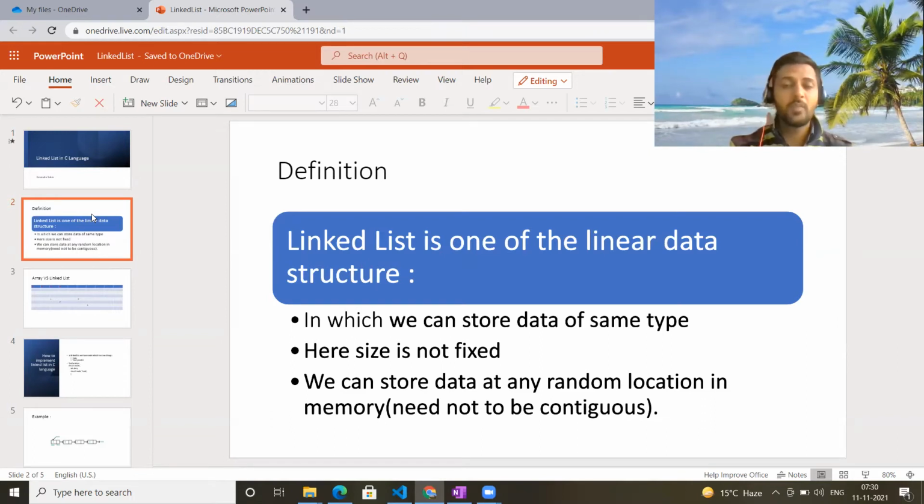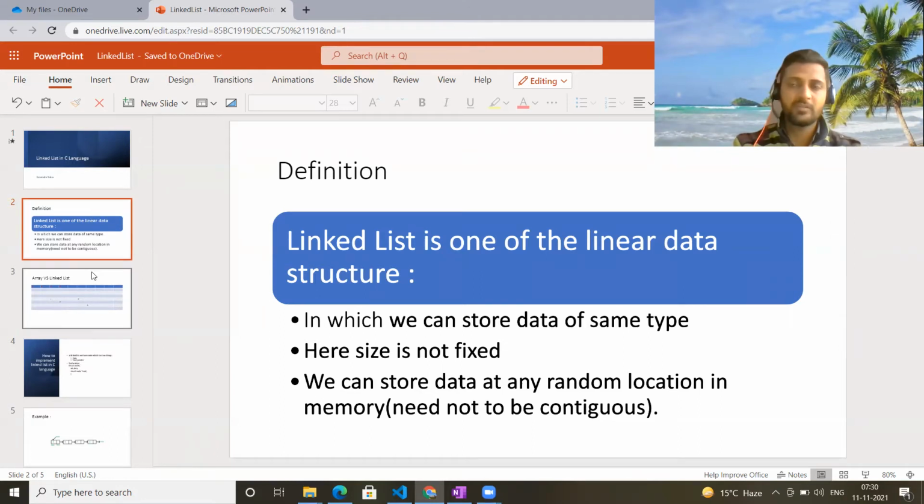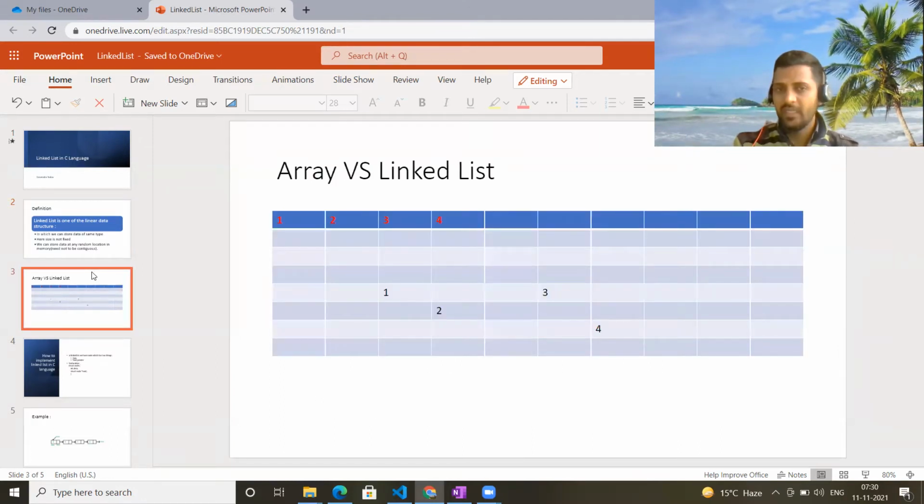All right. Next important point is how to store the data in case of linked list and in case of array. In case of array, we always store the data in memory at contiguous locations. But in case of linked list, we can store the data at random locations. Let me explain with the help of a diagram. Let's say this is the memory block we have.